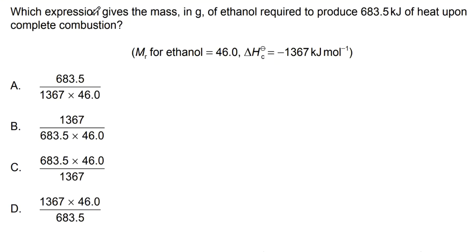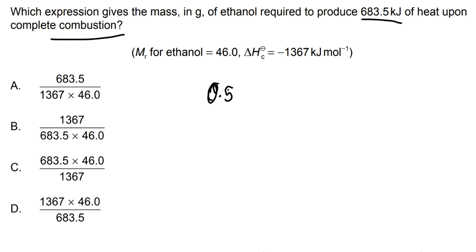Which expression gives the mass in grams of ethanol required to produce this much heat upon complete combustion? So it looks like we have this many kilojoules of energy released whenever we have a mole of ethanol combusted. And it looks like this number is actually exactly half of this number. So we need half a mole of ethanol to be